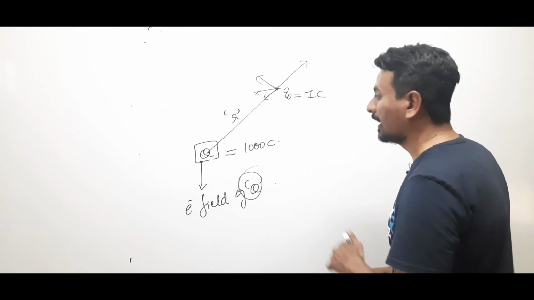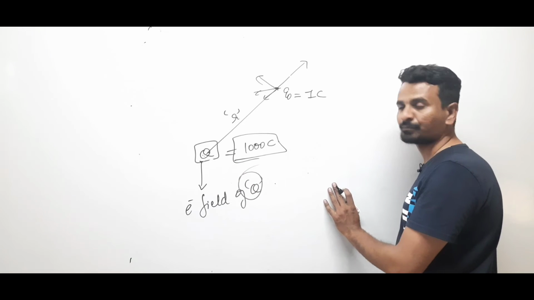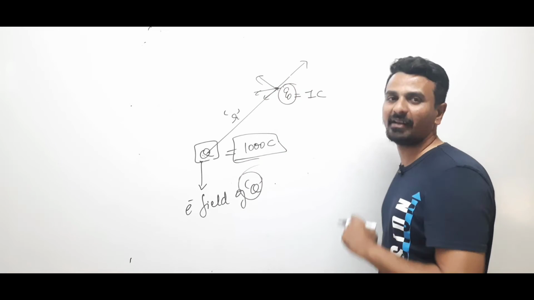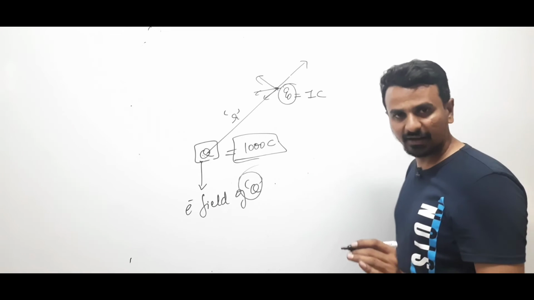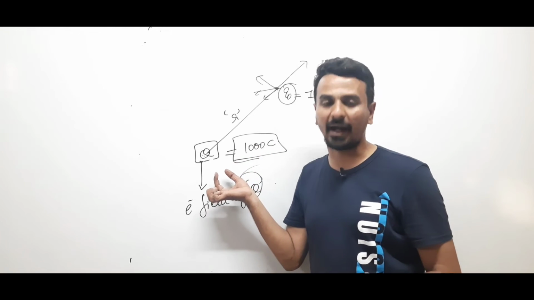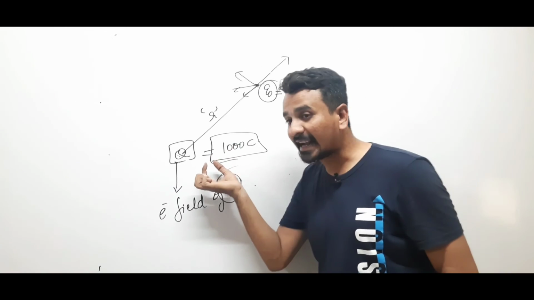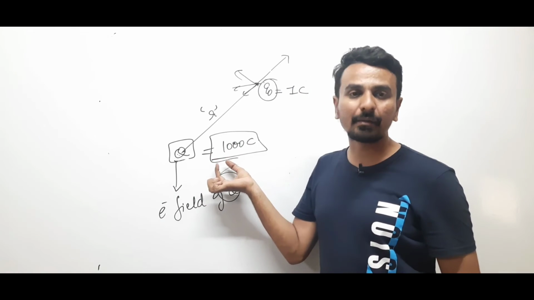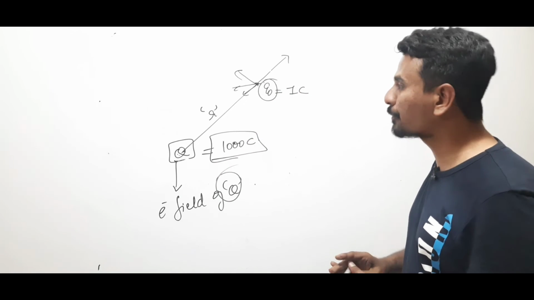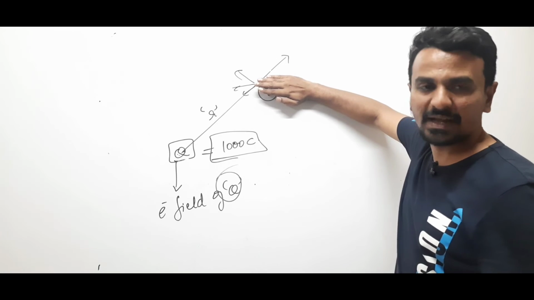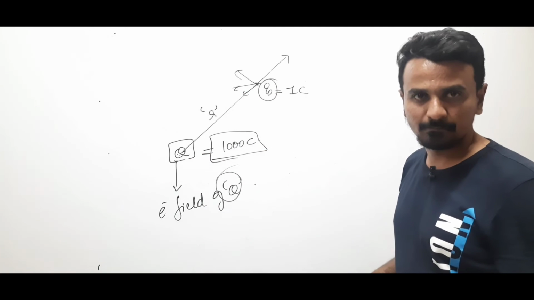Clear? So now, in comparison to the electric field produced by this charge capital Q, the electric field produced by this small charge will be negligible, because it is of very less magnitude. So we take one charge of higher magnitude, another charge of less magnitude, and the electric field because of this higher magnitude charge will be quite stronger than the electric field produced by this charge. So the field produced by the charge of less magnitude can be neglected, and we'll only get the electric field produced by capital charge Q. Clear?